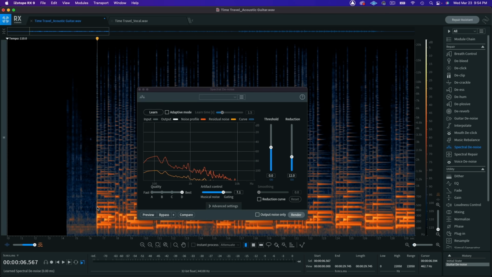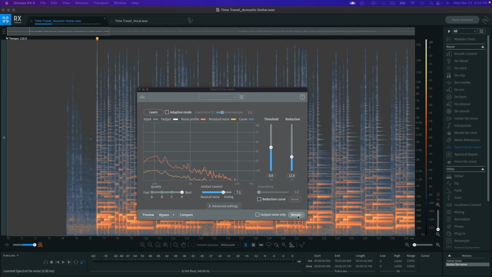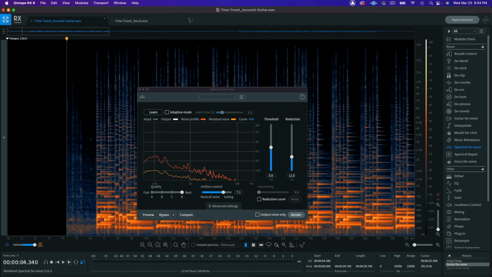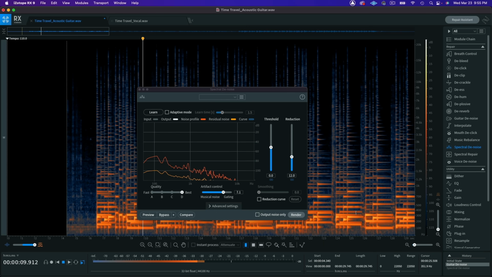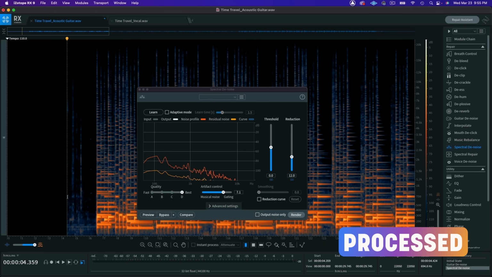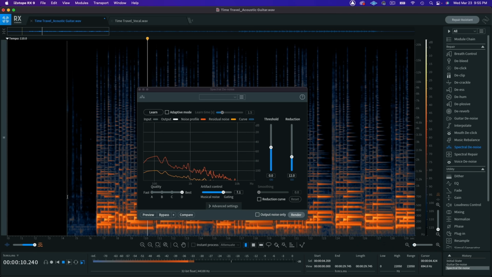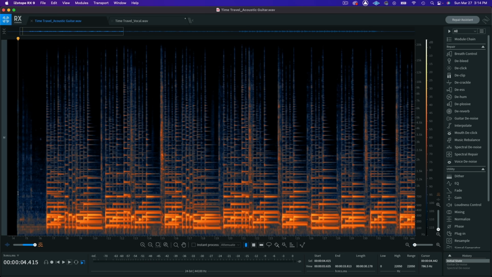All right. So now that we have our settings good to go, I'm going to click render. And here's a before and after of spectral denoise. Here's before. And here's after. Okay, so here's a before and after of all the repairs that we did on the guitar.